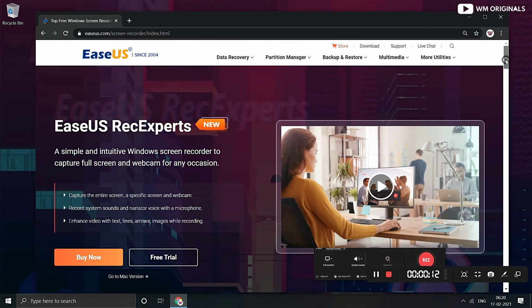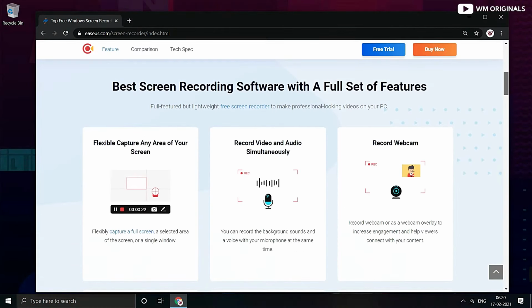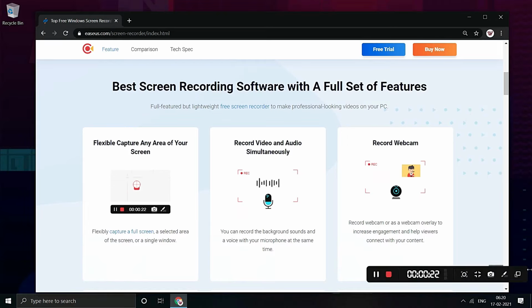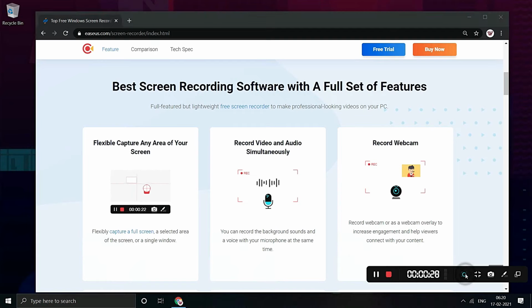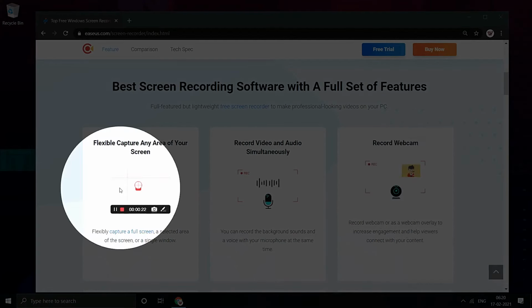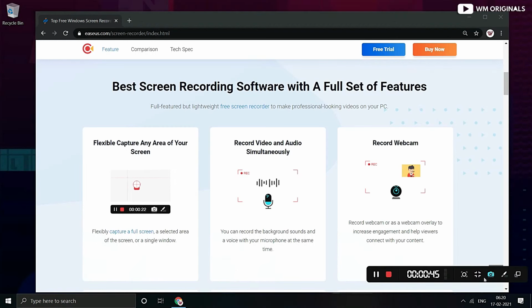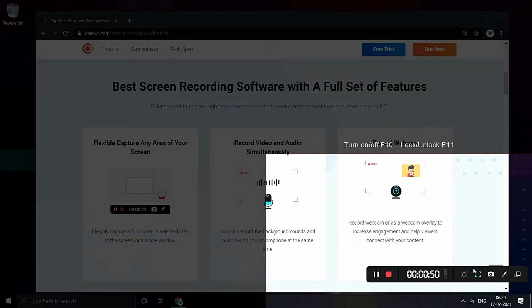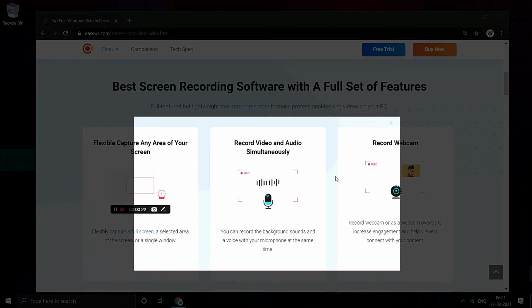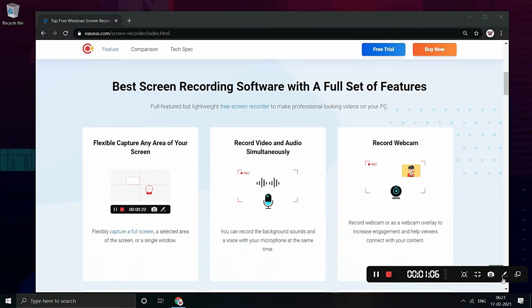Let's record this official web page. I will show you some more Rec Experts features. Down the right side you will have this little panel here. Click on this or press F4 to turn on spotlight recording. Turn on zoom in or out by clicking on this or by pressing the F10 button. Click on this to capture a screenshot. It can be done with a simple click.